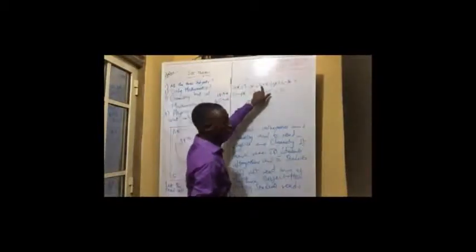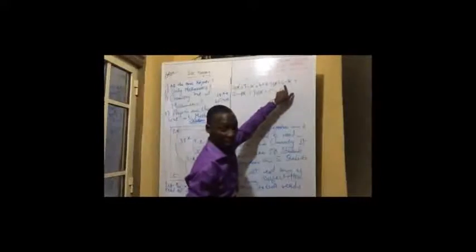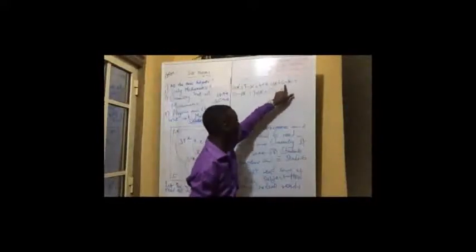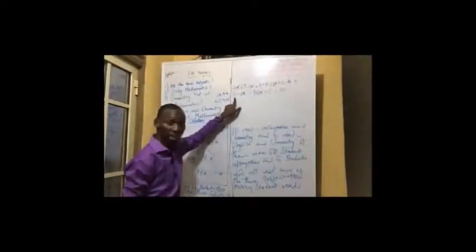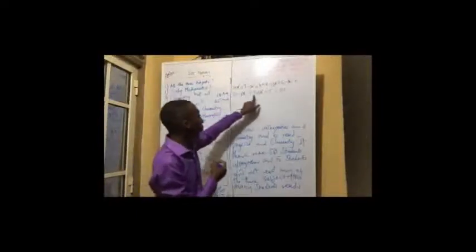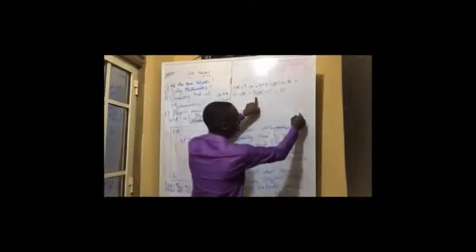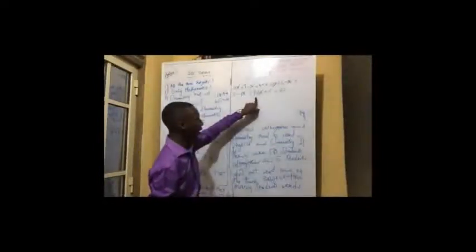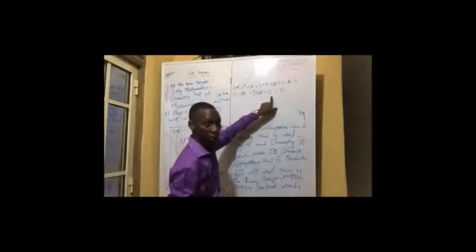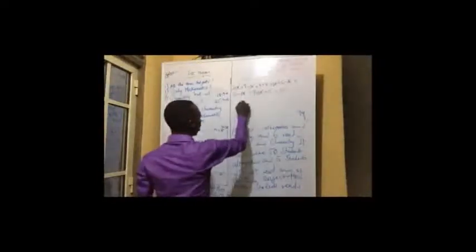12 plus another 6, you have 18. 18 plus 6 again, you have 24. Move again, plus 10. That's 24 plus 10, that gives you 34. Move again, plus a 9. That's 34 plus 9, that gives you 43. 43 plus 5 gives you 48. So I will have 48.